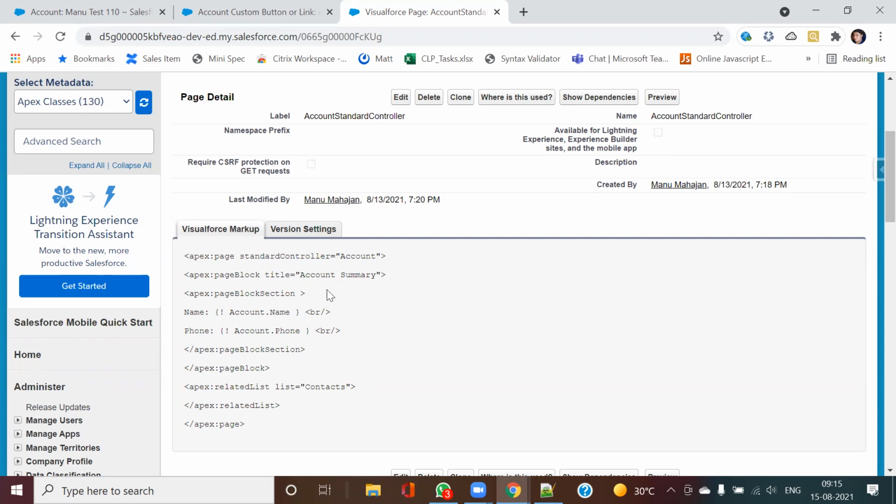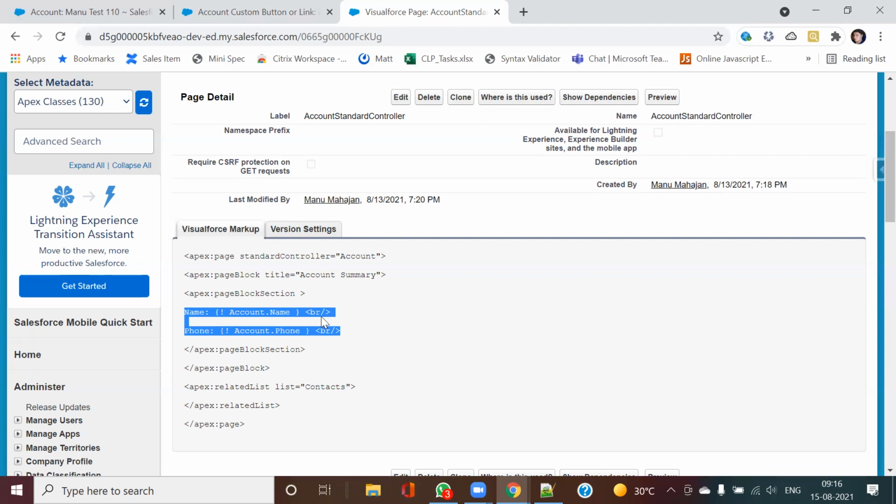So here, if you see, what I have done is account.name. This is how it is generally written: name of your object and the field that you want. After that, phone number, account.phone, that's it. So this is how I have got the account name and my phone details.